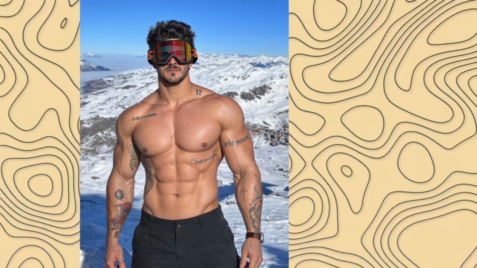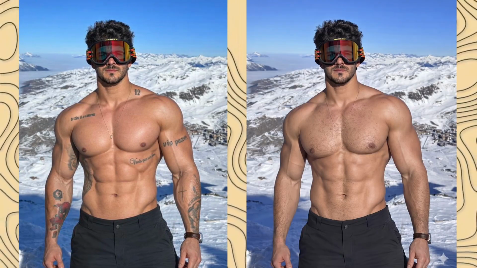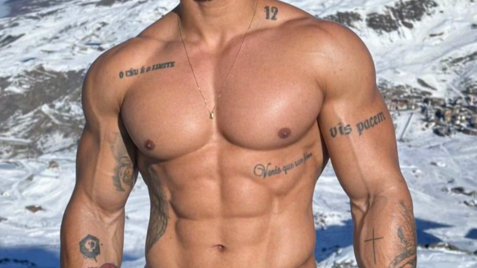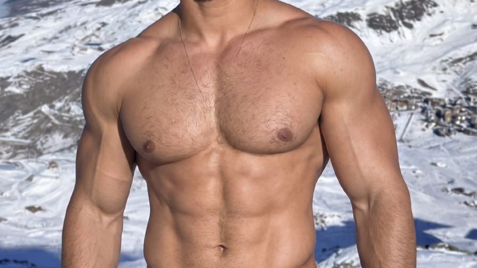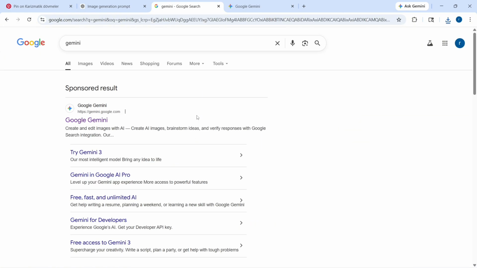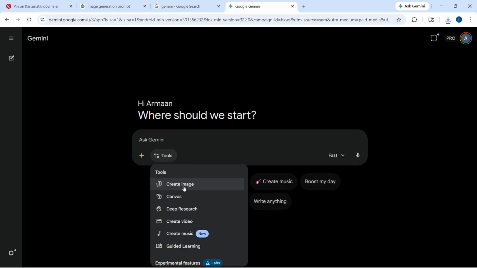Removing tattoos from photos no longer requires advanced editing skills or complex tools. AI can now handle it smoothly in just a few simple steps. Start by opening your browser and searching for Google Gemini, then open the tool and switch to the Create Image